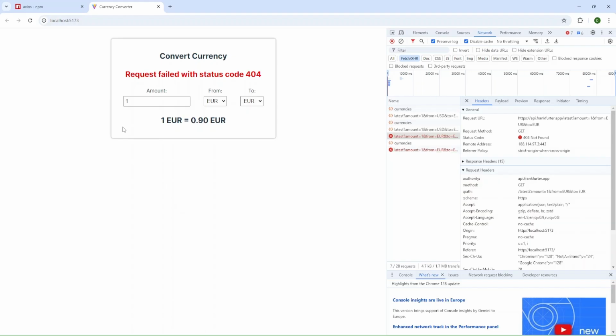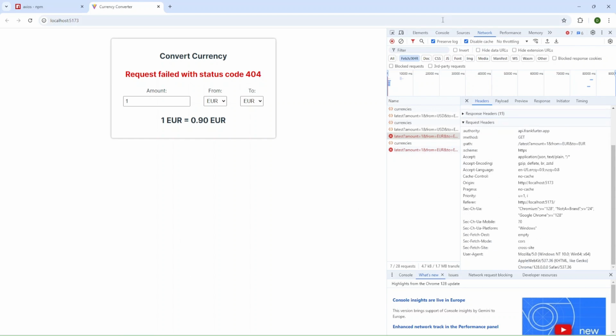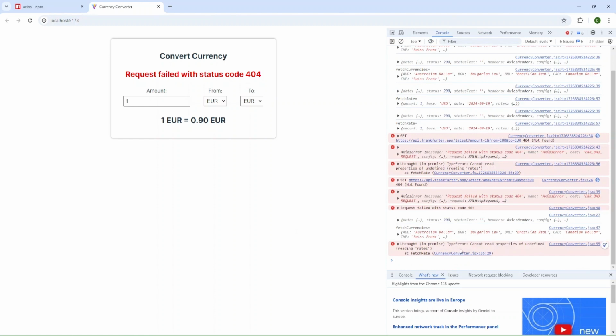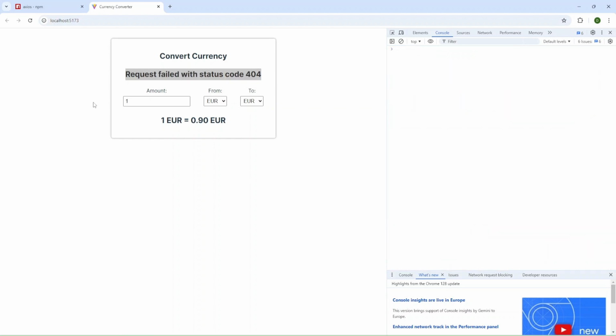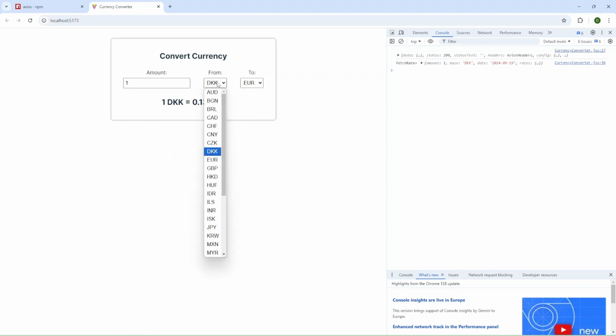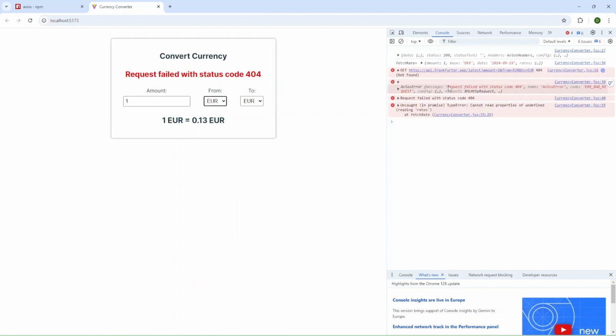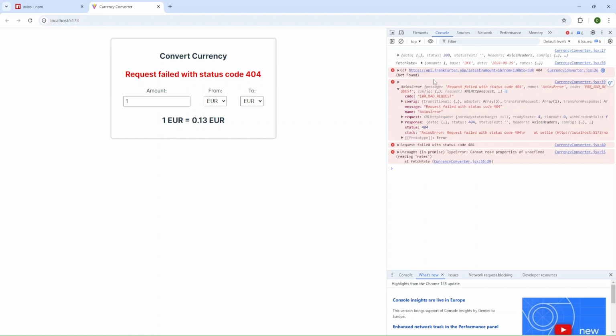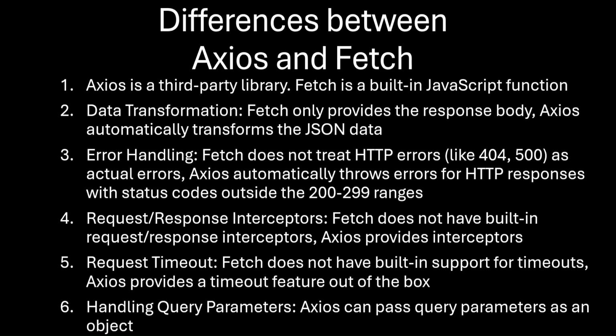And let's check again, and we have request failed with status code 404, and you can check this message and add some more meaningful message here. And let me refresh again and change it to valid value and invalid value, and we have an Axios error in console, and you can check the message.